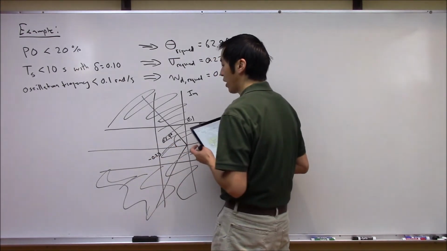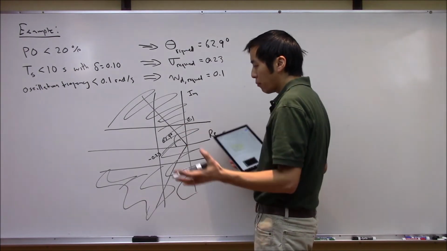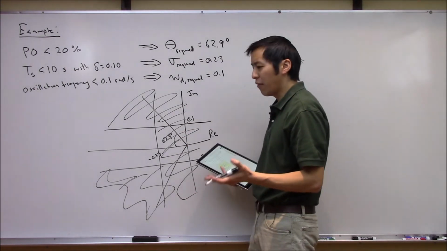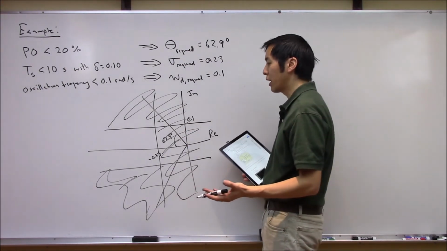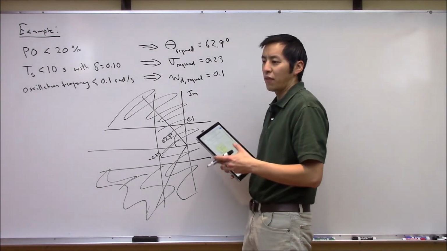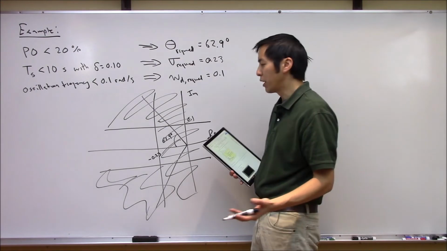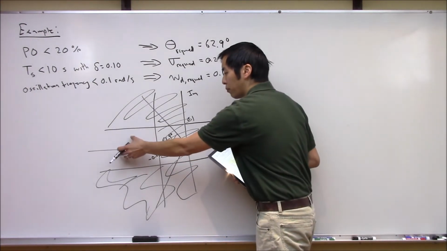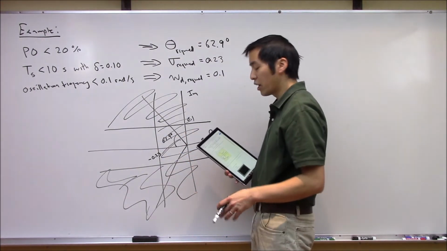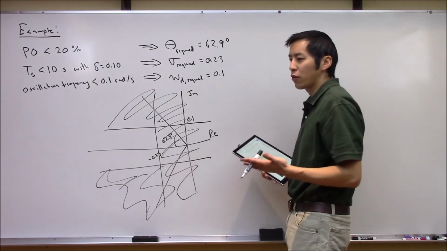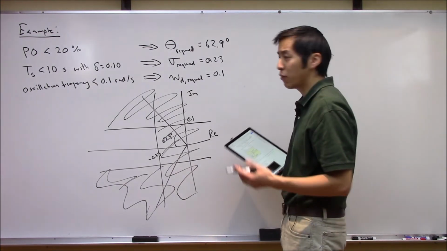space over here, right? So at this point, if you think about this long enough, we actually haven't ever specified a plant. All we've talked about is that if you happen to have some plant here, and you happen to have some controller combination, it better have closed loop poles in this white space here, right? So at this point, if we want to design a specific controller for a specific plant, we better choose something